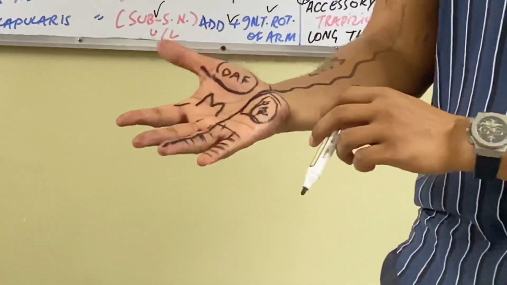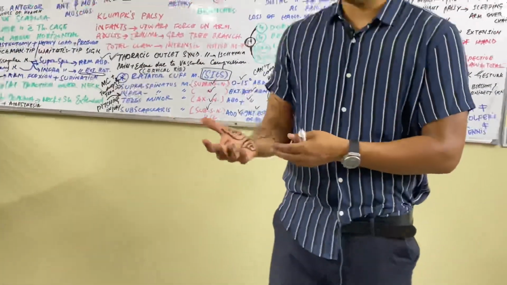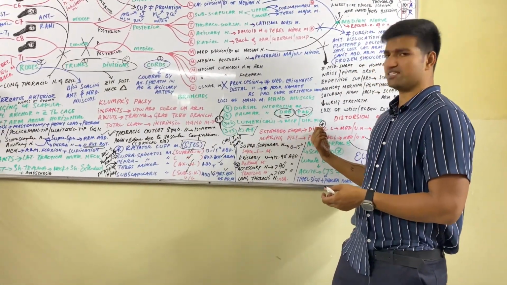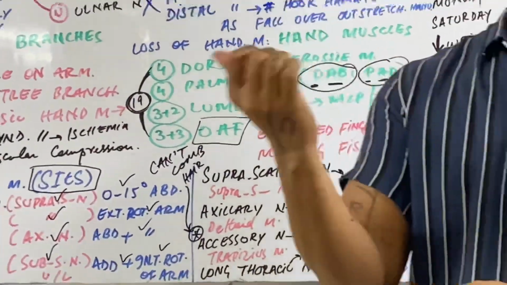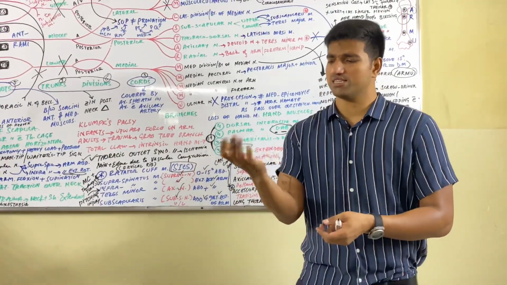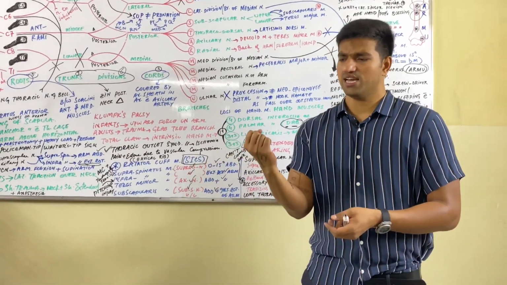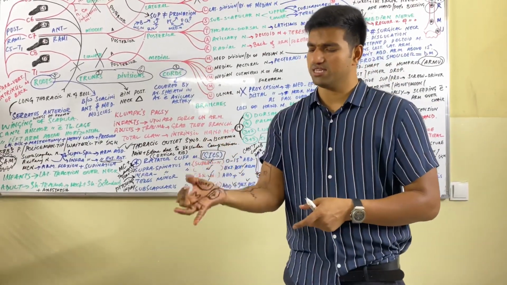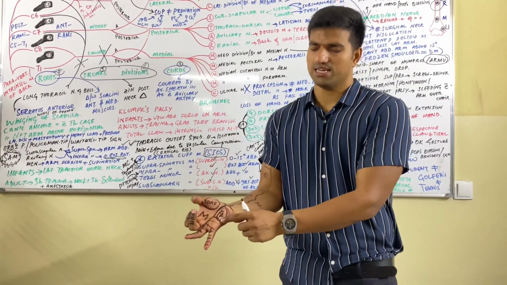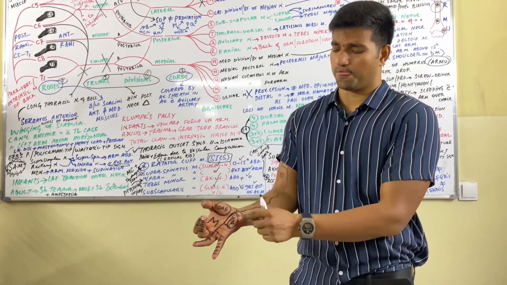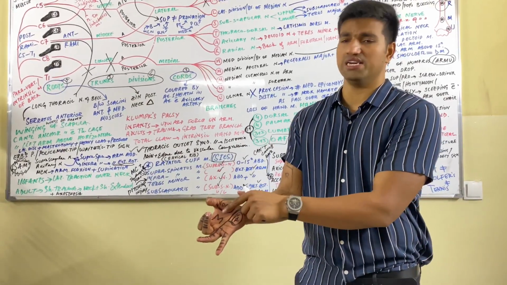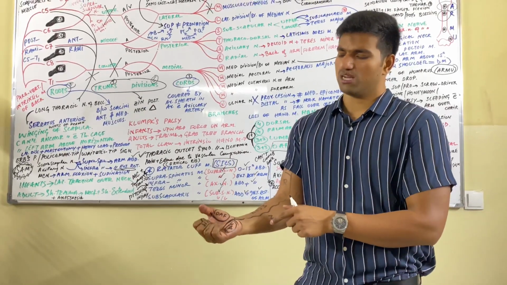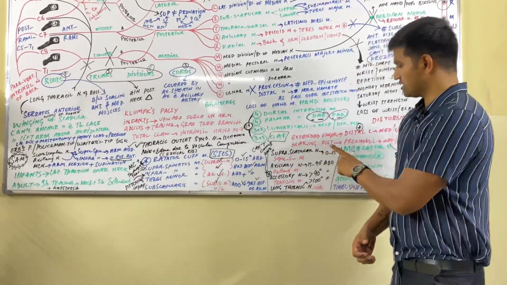Now you will tell me, if I ask to check the distal lesions, I will ask the patient to extend his fingers, and he will do like this, it means normal. If he did like this, it means total claw, median nerve and ulnar nerve both damaged. If he does like this, it means he can extend the fingers over the radial part, it means a median claw. If he does like this, it means ulnar claw. If he does like this, total claw. This is to check the distal lesion.